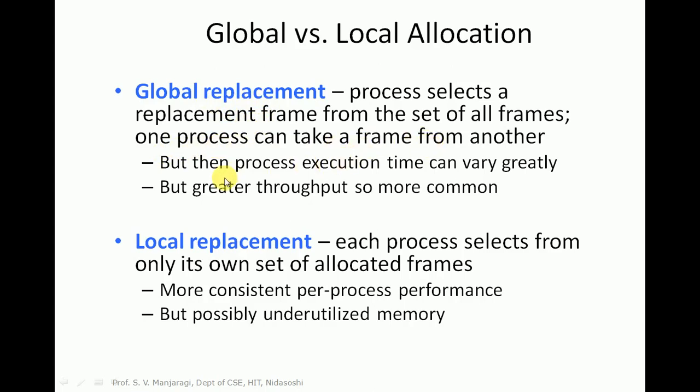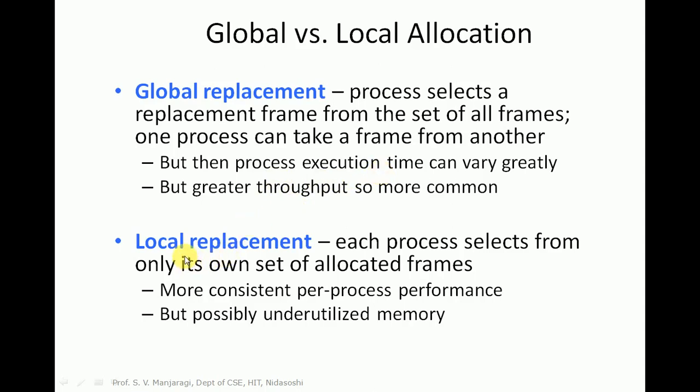The process execution time will be more here, but it gives us better throughput as compared to other replacement algorithms. So a process can use the frame of another process because it is a global replacement strategy. The execution time of the process will be more, but the throughput of the system increases. It means in less time it is possible to execute more programs. But if you take a particular process, that may take more time to execute.